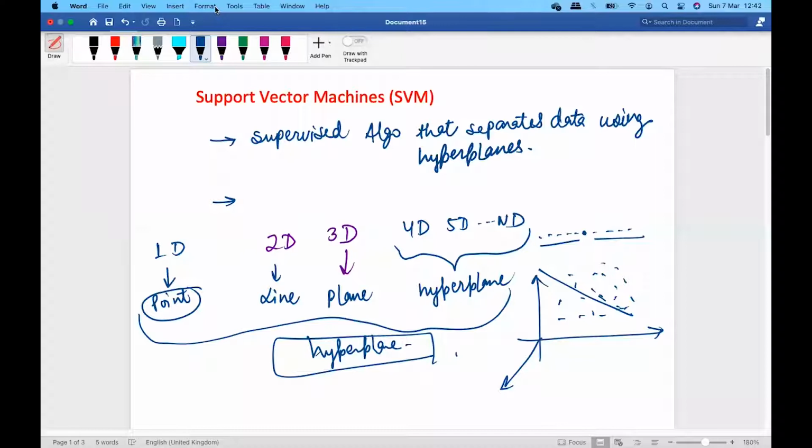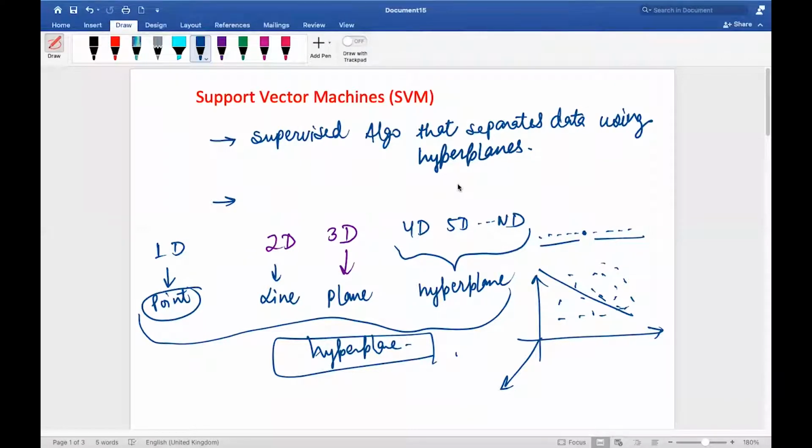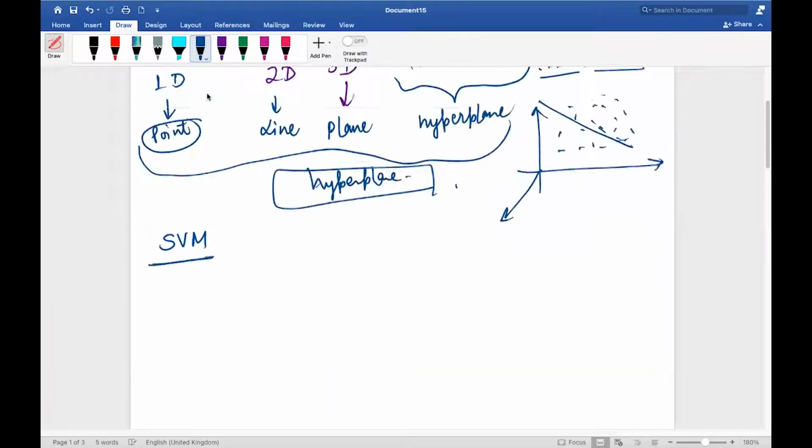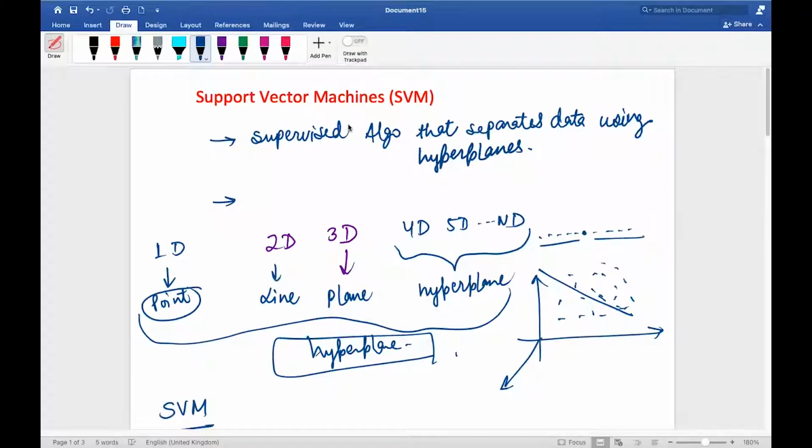So till now, you know what a hyperplane is. If someone asks you, you can think of it as a separator. But specifically, a hyperplane is for more than 3D, because up to 3D we can separate by plane, line, and point, which is visible. After that, it is a hyperplane. Now we are going to understand how SVM works, and then we will come to know why the name support vector machines has been kept.